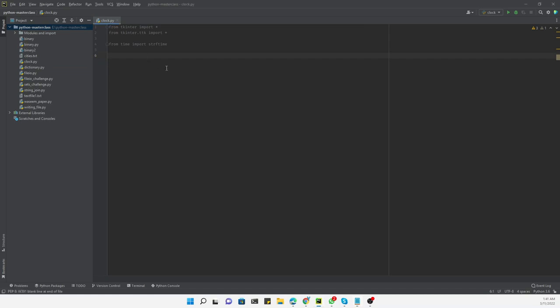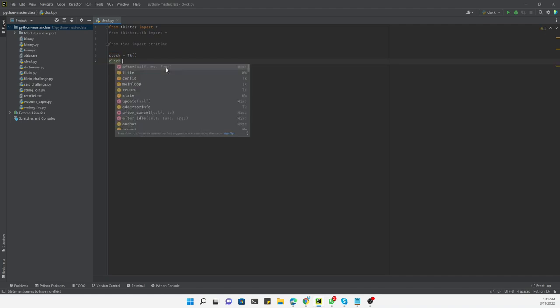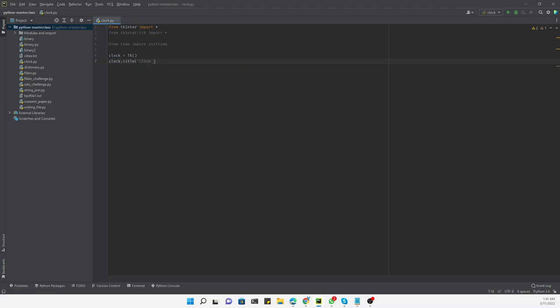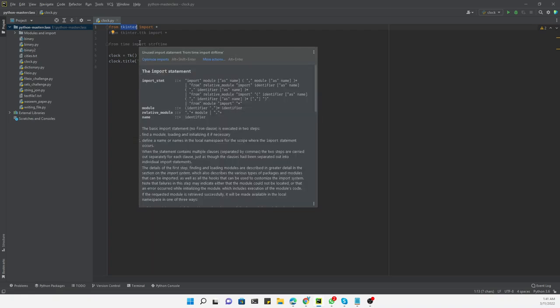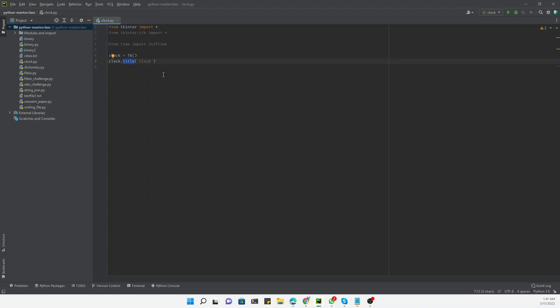So for the UI, first of all, I will add clock equal to Tk, and then I will add the title, clock.title. I will show you how it will look like. Actually Tkinter is used for the UI, so it is a Python package which is used for the UI. So let me just show you how it works, and then let me add one more thing,